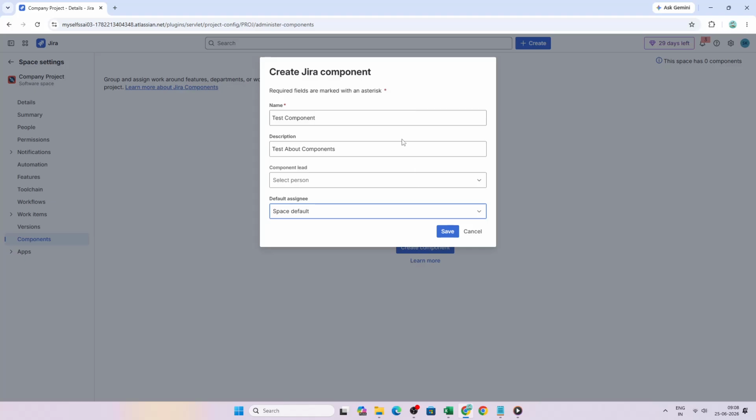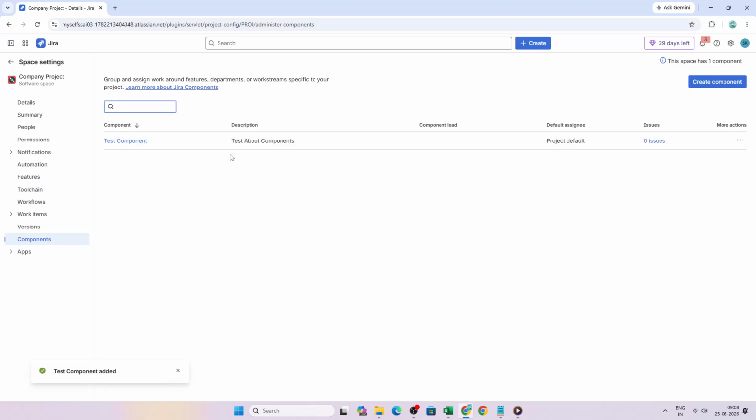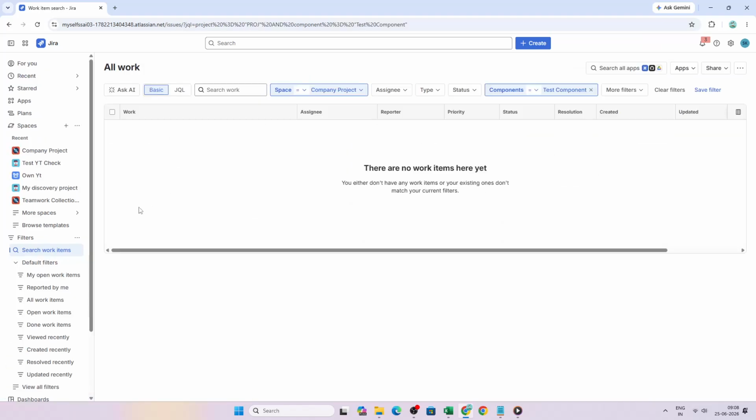Once your components are configured, the Components field will appear on your issue screens. When you create a new issue or edit an existing one, simply click the Components drop-down and choose the relevant area or areas. One issue can belong to multiple components, which is useful when work spans more than one part